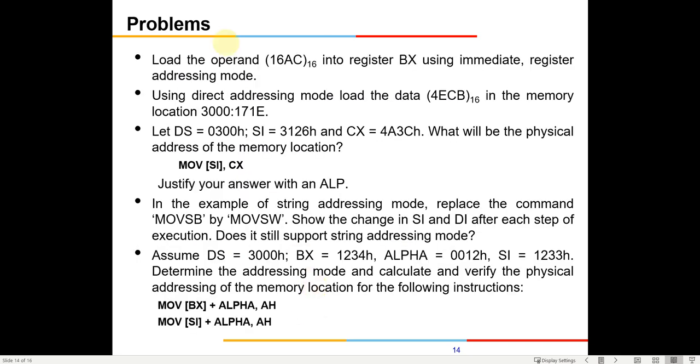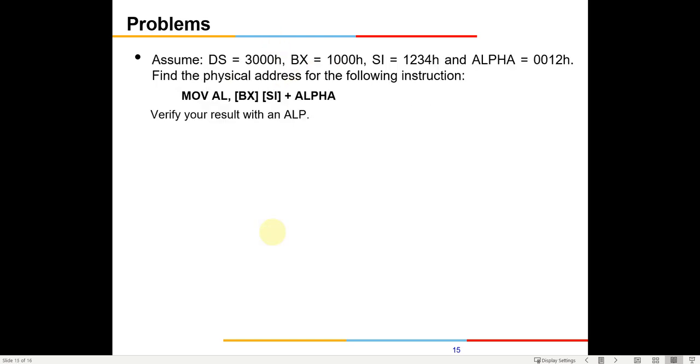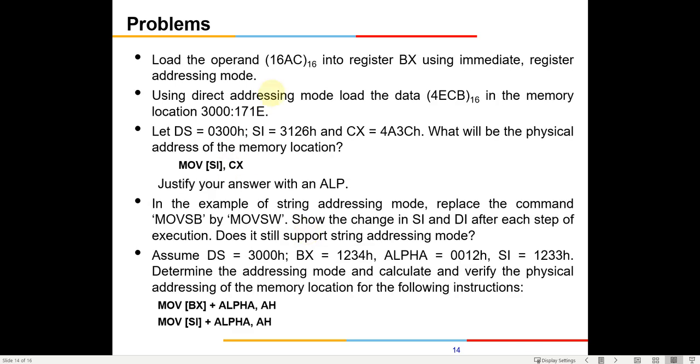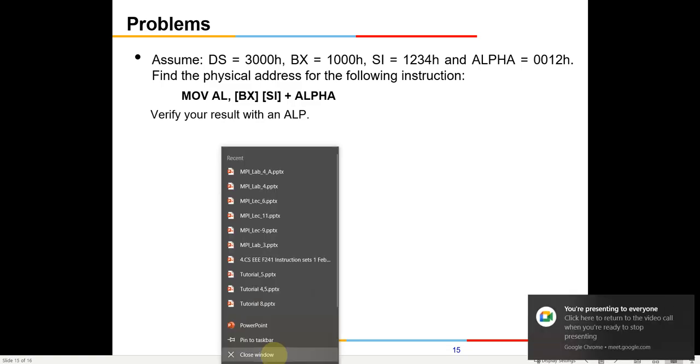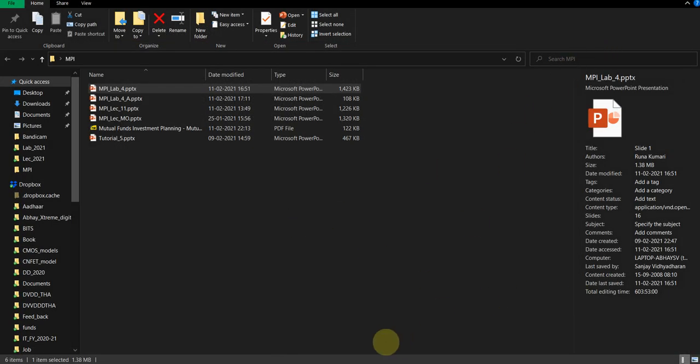Okay, so these are the problems which have been given. You can go through these problems. It is the same thing which I have explained. As per these problems, you need to do it here. It's the same thing, only the values are different from what I have explained to you. Some addresses, like DS here, are different from what I had explained. So these are the problem sets, and you need to do all of them. Okay, so let me close this and then